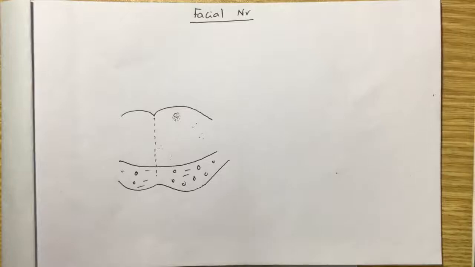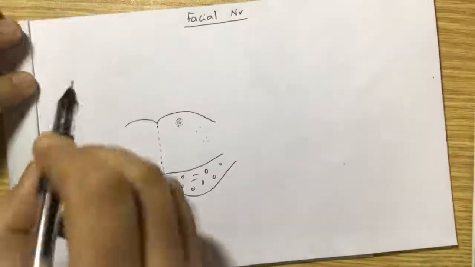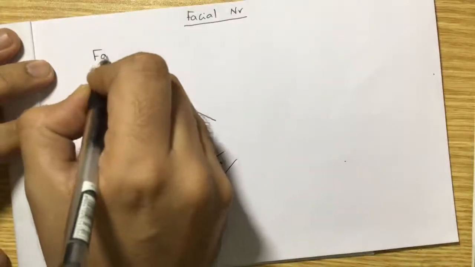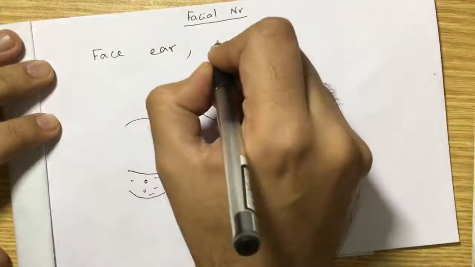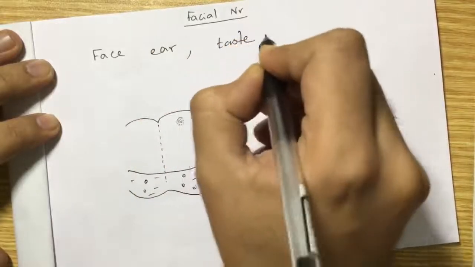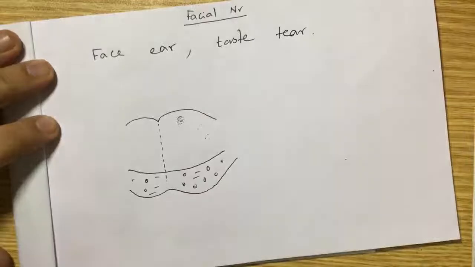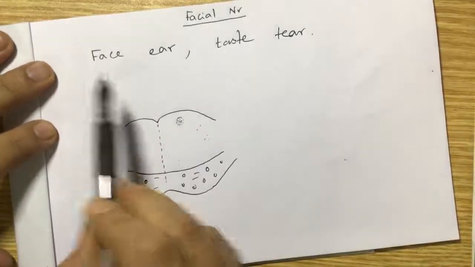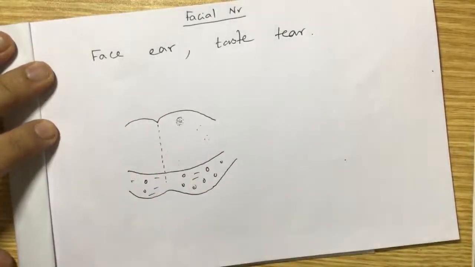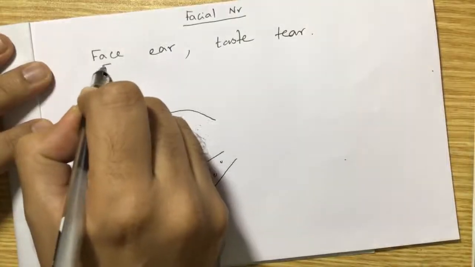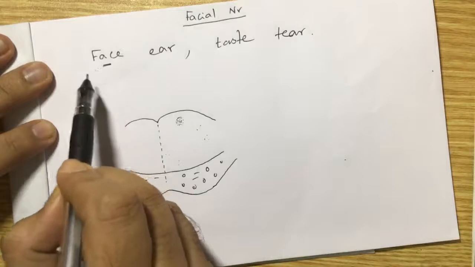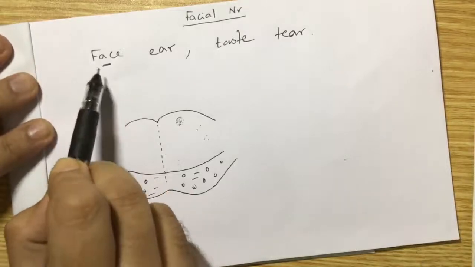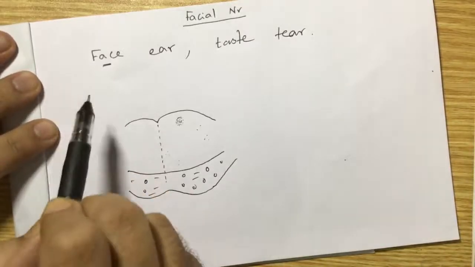To remember this, you can use a mnemonic. What is that? It is face, ear, taste, tear. Now, how to use this mnemonic? First is the face. Now, face actually indicates not only the muscles of facial expression, but all the muscles